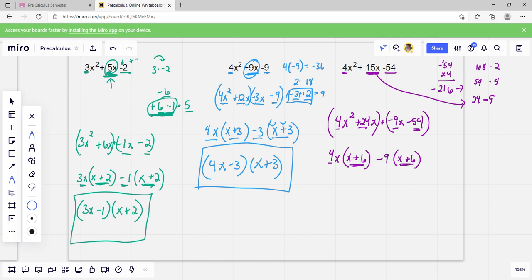All right, now I just have to rewrite this. So I'm going to have my 4x minus 9 as my first one, and then x plus 6 as my next one. All right, so that is it for this lesson. That is how you factor quadratics with leading coefficients that are not